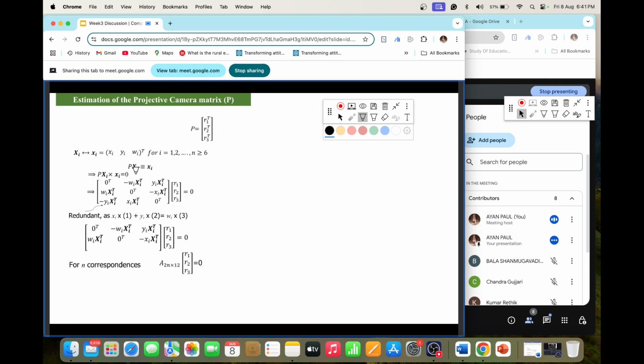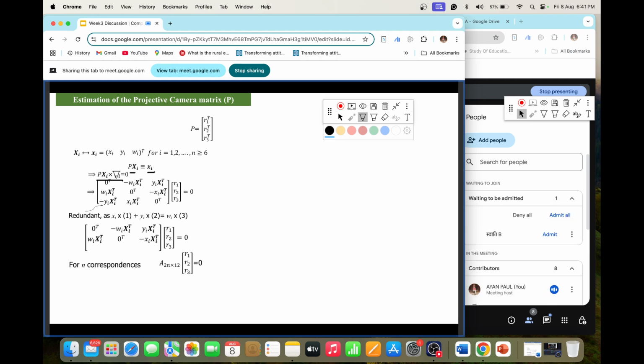Now how are we forming the equation? You know xi and PXi. Xi is the image point, and PXi is also the image point whenever we do the projective transformation to it. If we take the cross product of these, it will be 0, because they lie on the same line. If two points lie on the same line and we take the cross product, it will be 0. There can be a change of scale, so I am not saying they are exactly the same point,